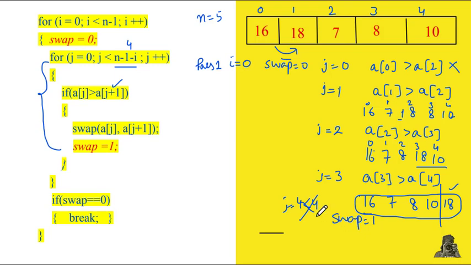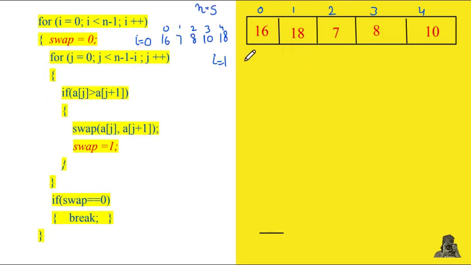So now we will check for this condition, because swapping has been done. So we need to do more comparisons, because this array is not sorted yet. For that, this statement will not be executed and it will be shifted to the next iteration. So i's value will be incremented. So for i is equal to 1, swap will be 0 at the initial condition. Now again we will move to the value of j. Now the inner loop will be executed, because again we have to compare the values. This is our new array, so we will not refer to the old one, because this has been changed to this after the first pass, because the 18 position has been fixed.